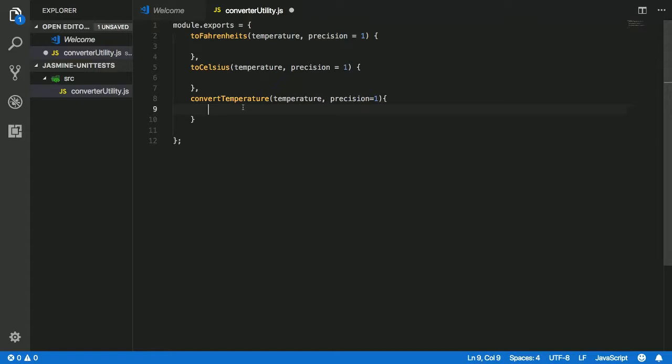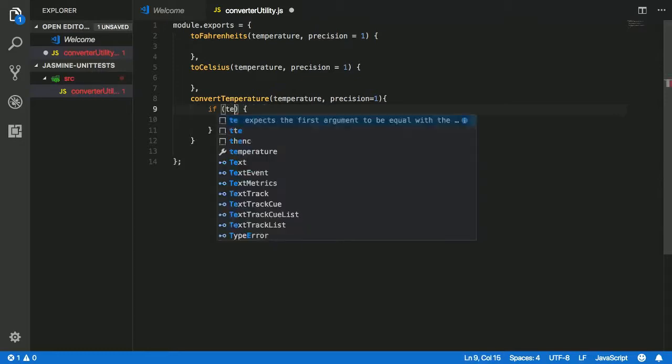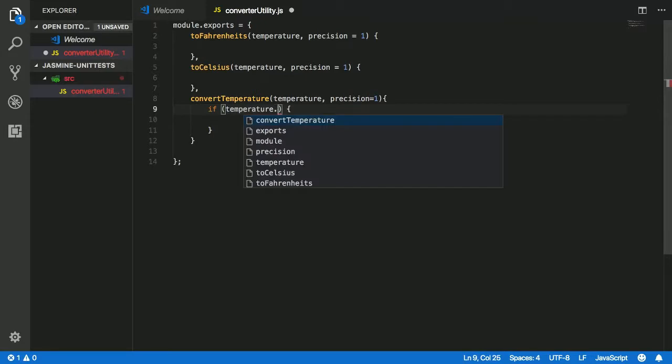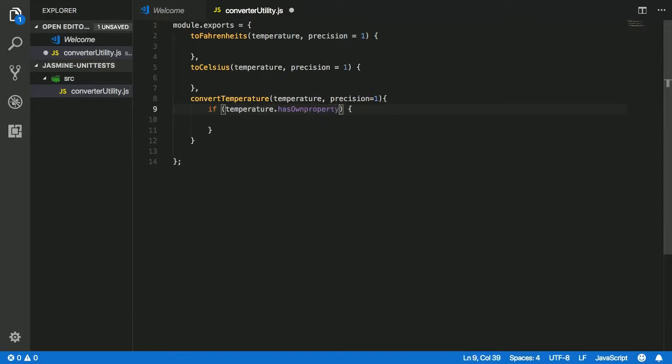So to be able to do that, we need to have two if statements. We check whether temperature has its own property as Celsius or Fahrenheit, and doesn't have the other. If it doesn't have Celsius or Fahrenheit, do the conversion and add a new property with the value. And let's check whether it has Fahrenheit and doesn't have